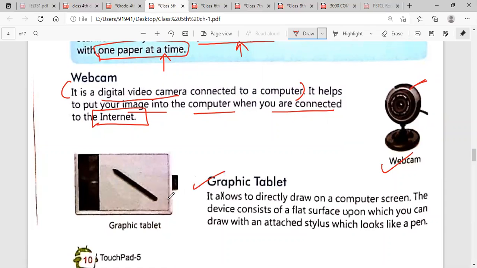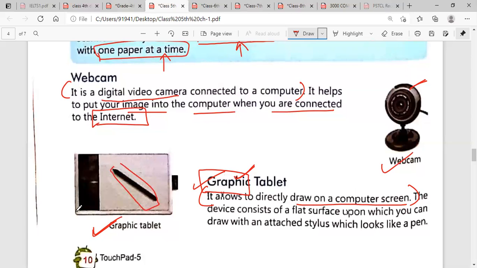Now next is graphic tablets. This is the picture of a graphic tablet. You can see it in your book. It allows you to draw directly on a computer. Underline the first line and underline the word graphic. You have to learn the spelling of this word. It allows you to draw directly on a screen by using a digital pen.